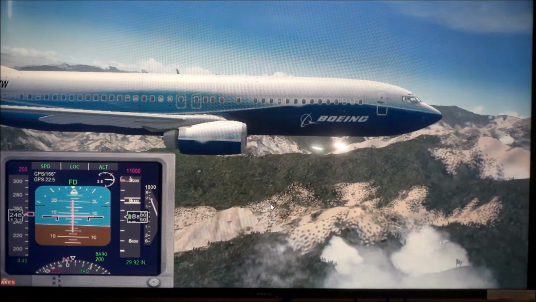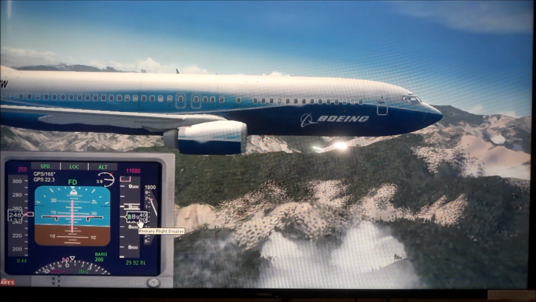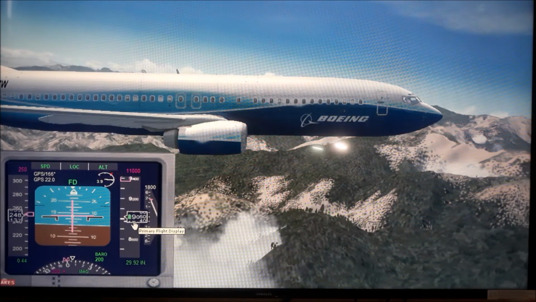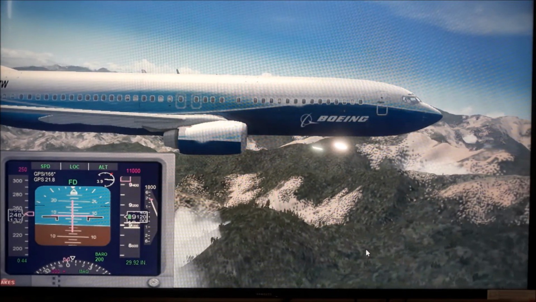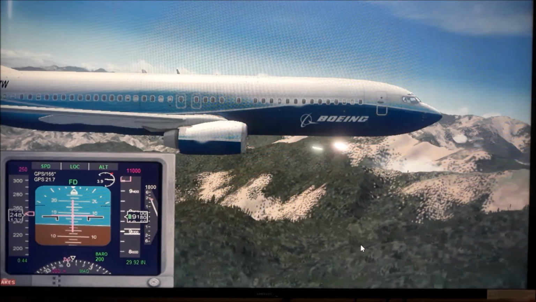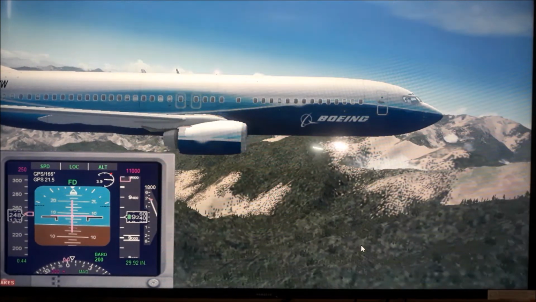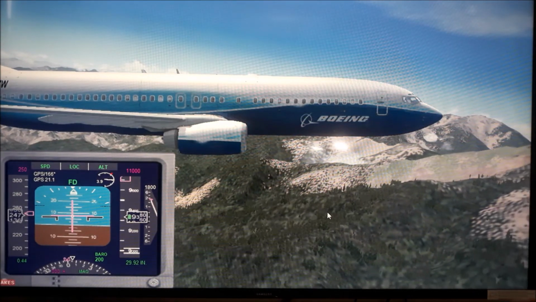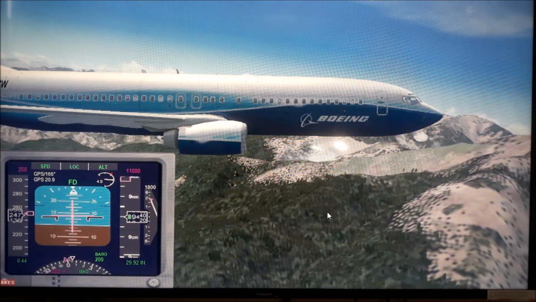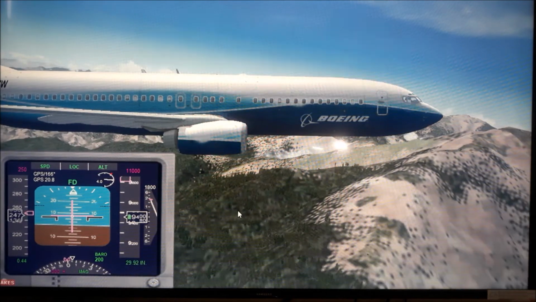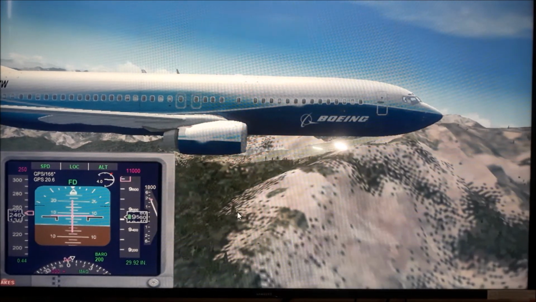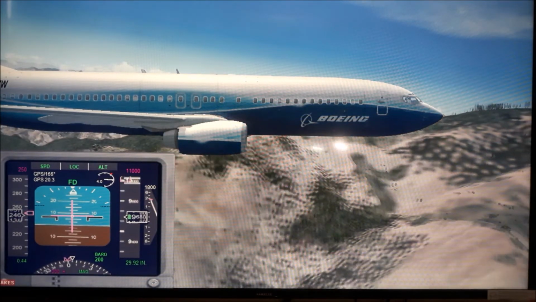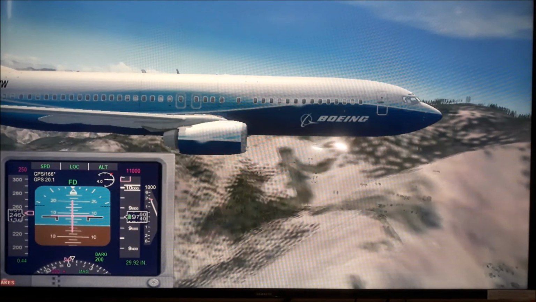You can see we are set at 11,000. It is only 8,800. But we are possibly not at the peak, so we are still some way clear of the mountains. It's only about 1,000 feet clearance at the moment. Now it almost scraped that. I should have kept it a little higher.